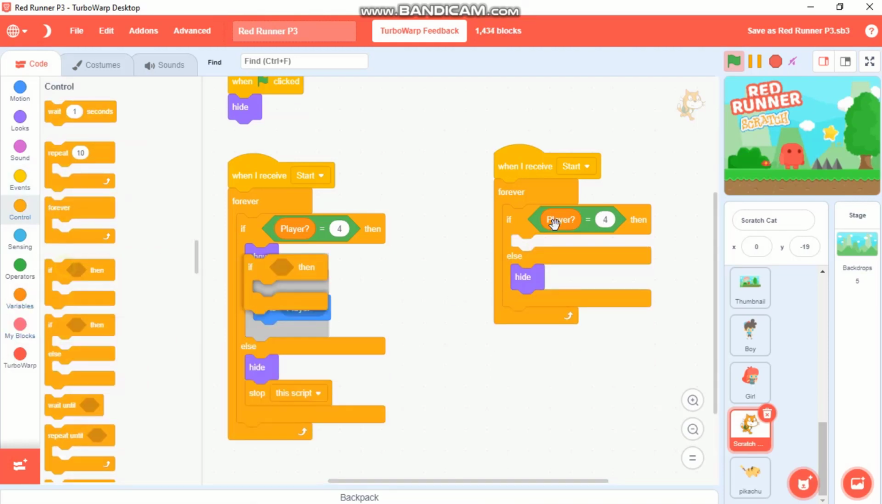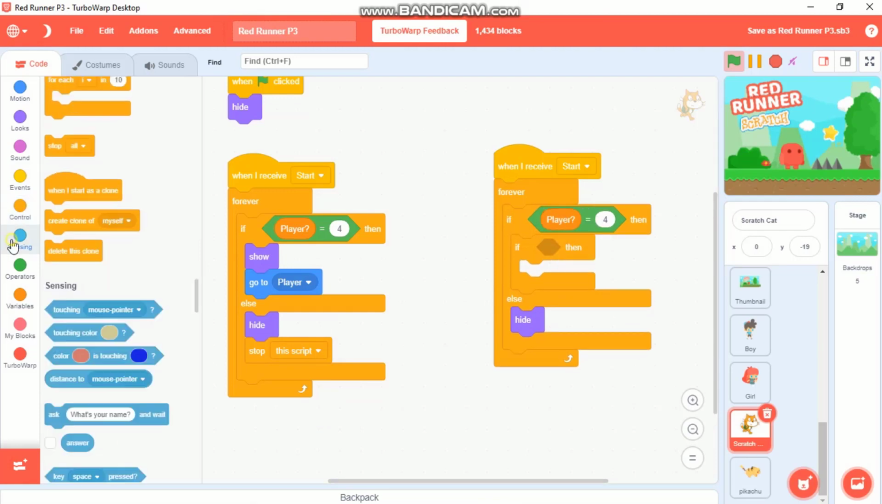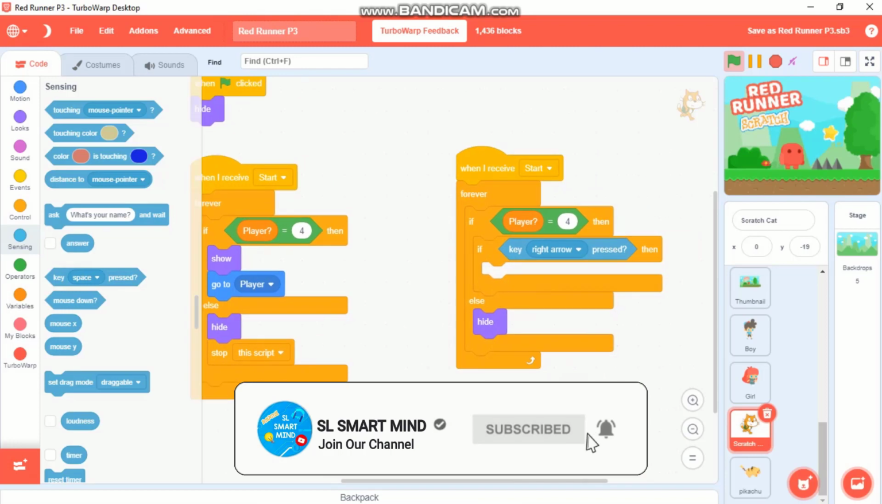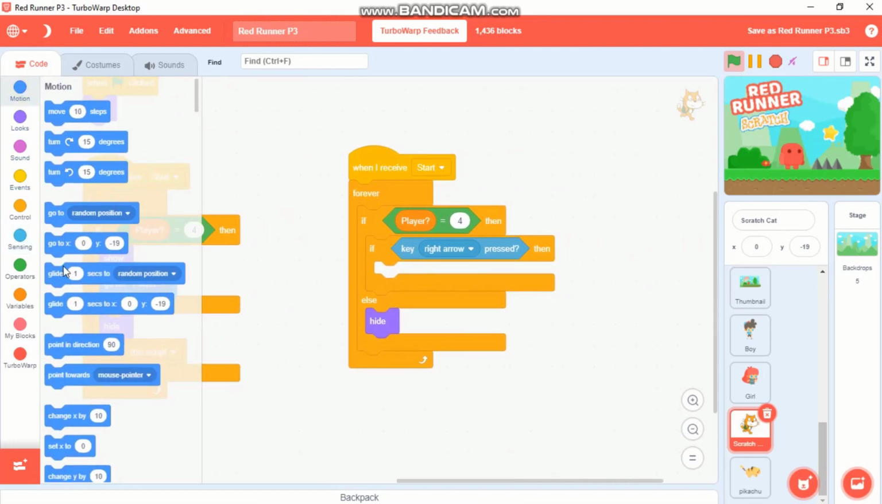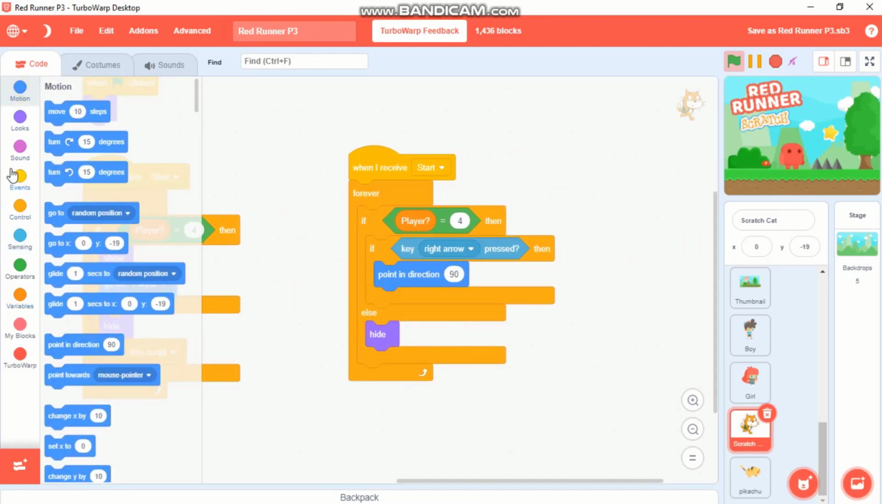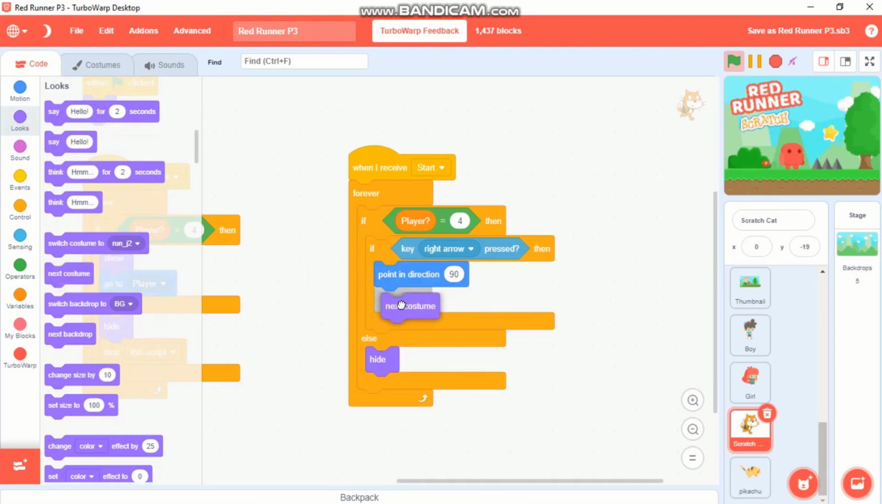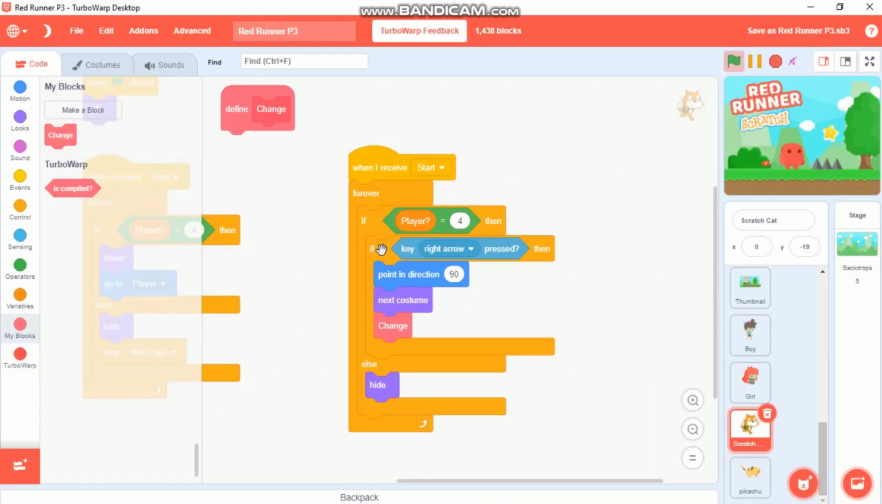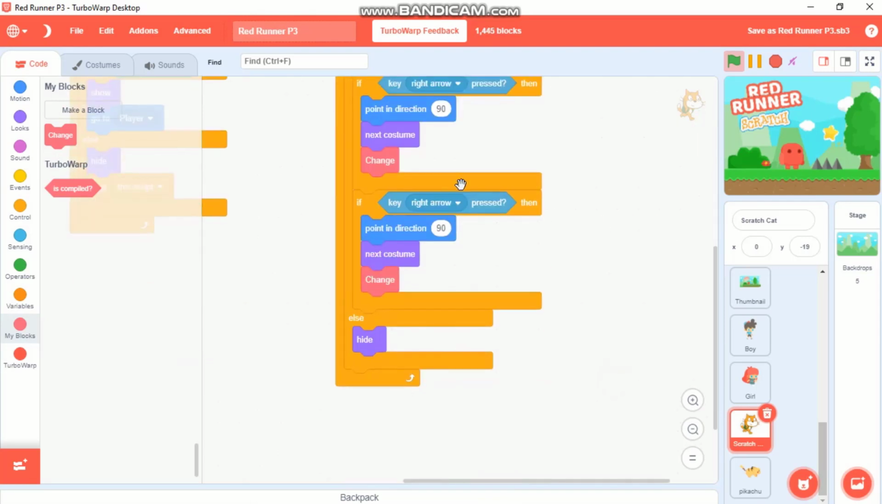We need to grab this if key right arrow pressed, pointing direction 90 degrees, next costume, and click on my blocks, and let's make a block called change. Run tick with our run without screen refresh, change, duplicate, if key left arrow pressed, pointing direction negative 90,